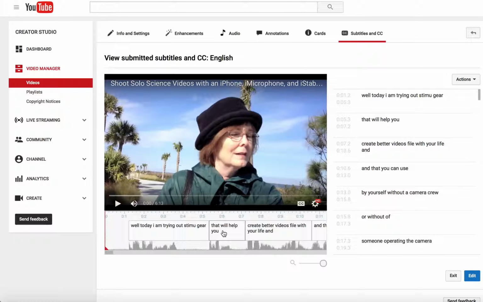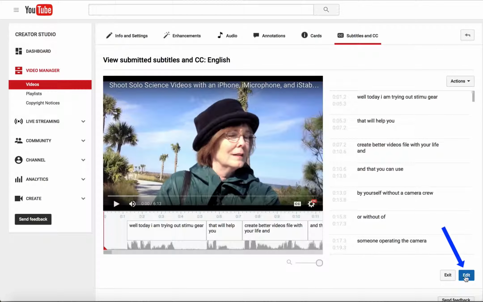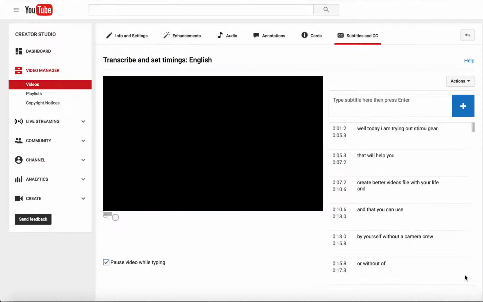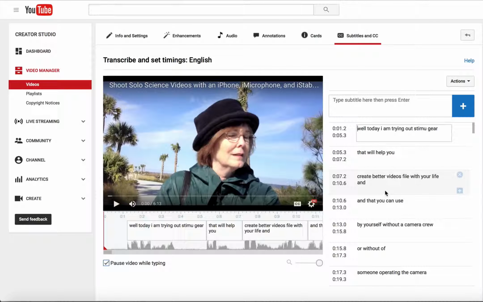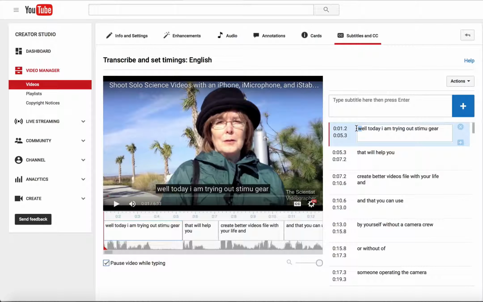If you don't have a word-for-word transcript for your video, it will be easier to go through the automatic transcript and make corrections. To do this, tap the Edit button at the bottom of the transcript. Now you can insert your cursor into each box of text to make changes, like this. Notice that the caption appears in the video and shows the changes as you make them. This automatic transcription does not include punctuation, so you may need to fix that as well.